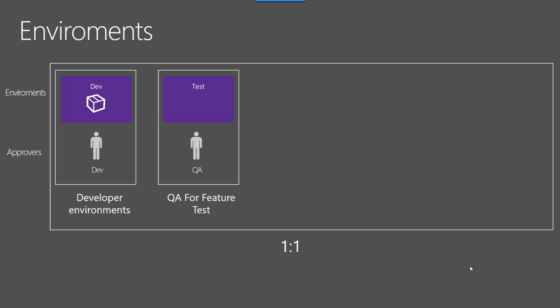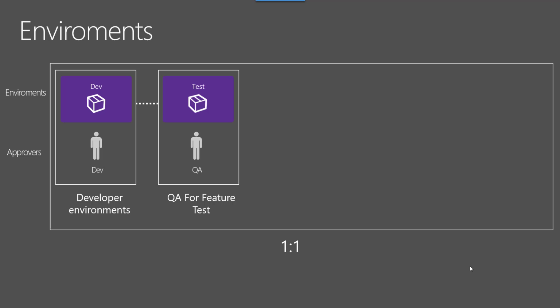Once he did that, the package is deployed to the testing environment. And this will be for what we call the feature test. This testing environment is very important, and the feature test process is very important, especially if you don't implement feature flags. Feature flag is another topic. We will talk about it in another video, but for now, just remember it is very important to have a separate and isolated environment for feature test before we merge the code.